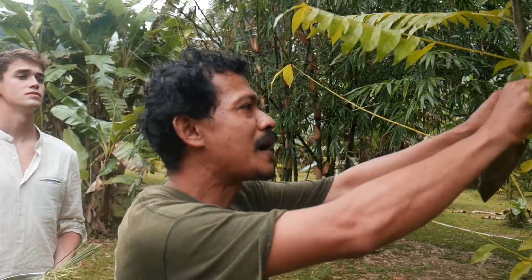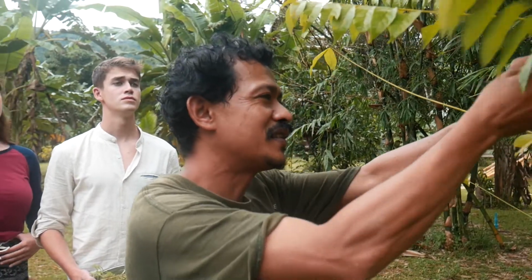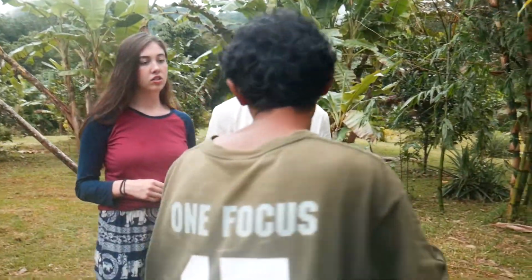This is the lamb mint. This is our jungle mint. You cannot buy it in the market. They grow in the